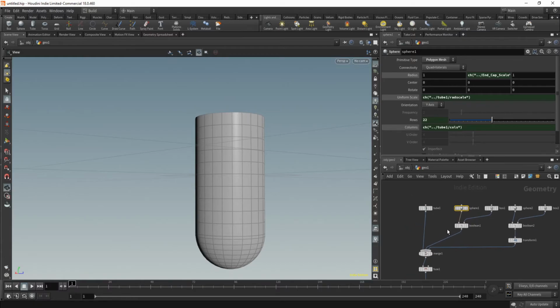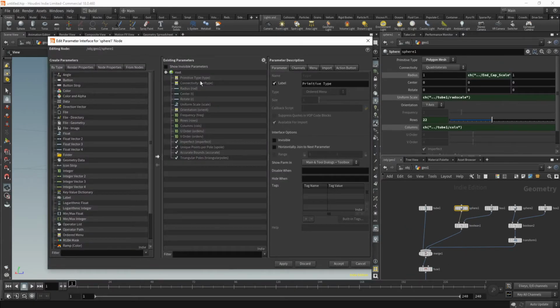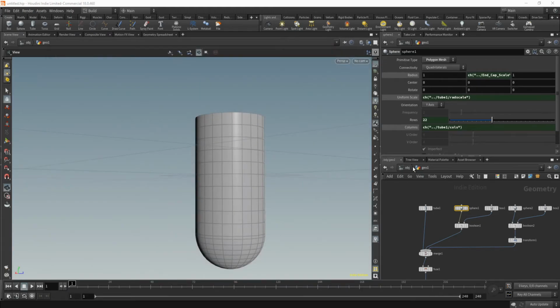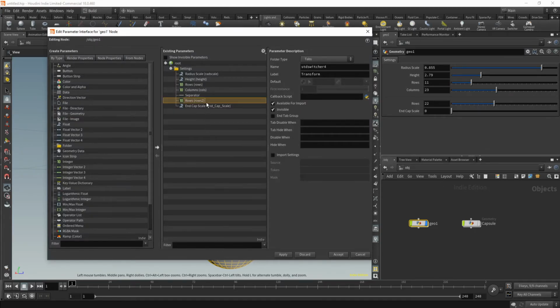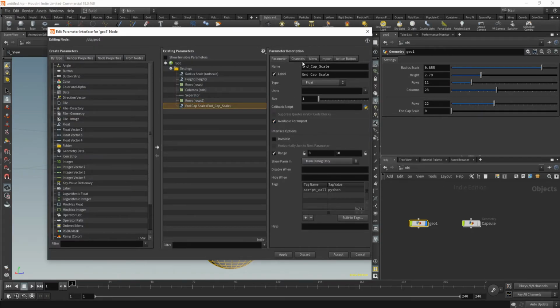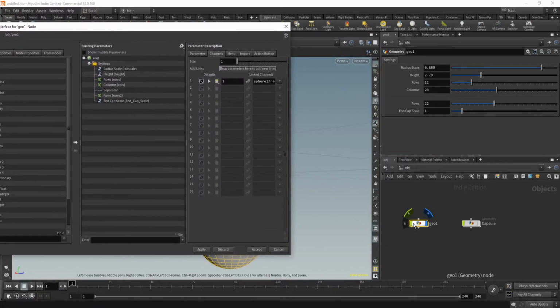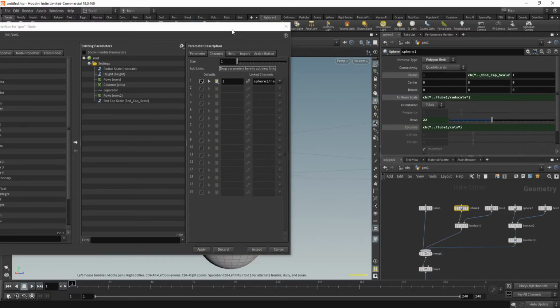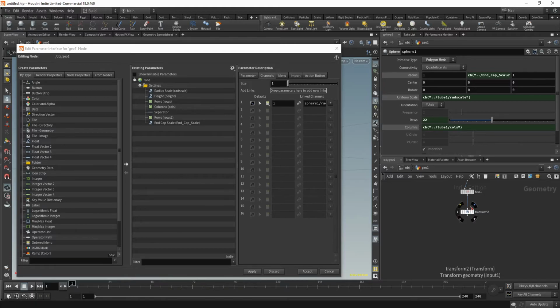And the reason that that has disappeared is because if I go back to our object level, if I look at our end cap scale and I go to our default, it's set to 0. We want to default that to 1, and you can see that it's come back. It's actually dive back in, and you notice as we change that value, it didn't change the bottom, and that's because we want to,